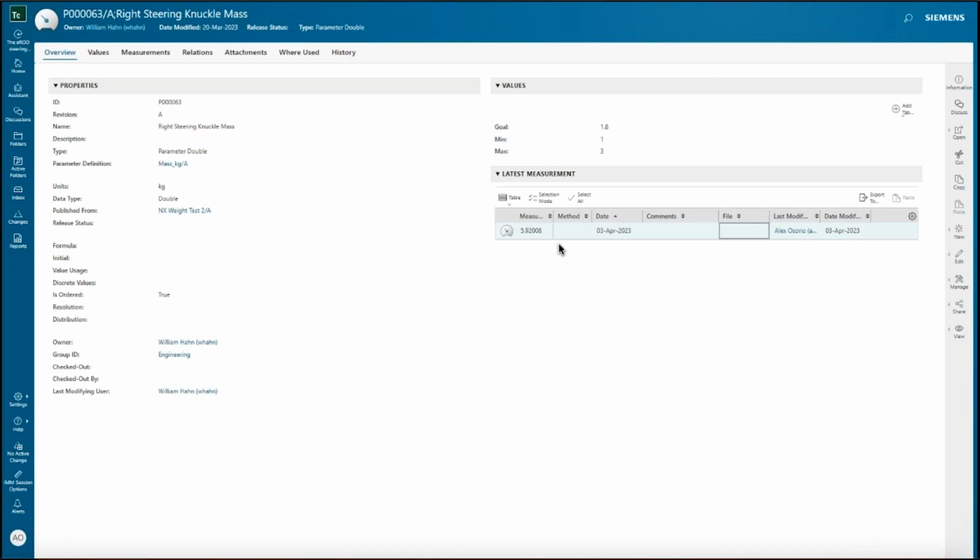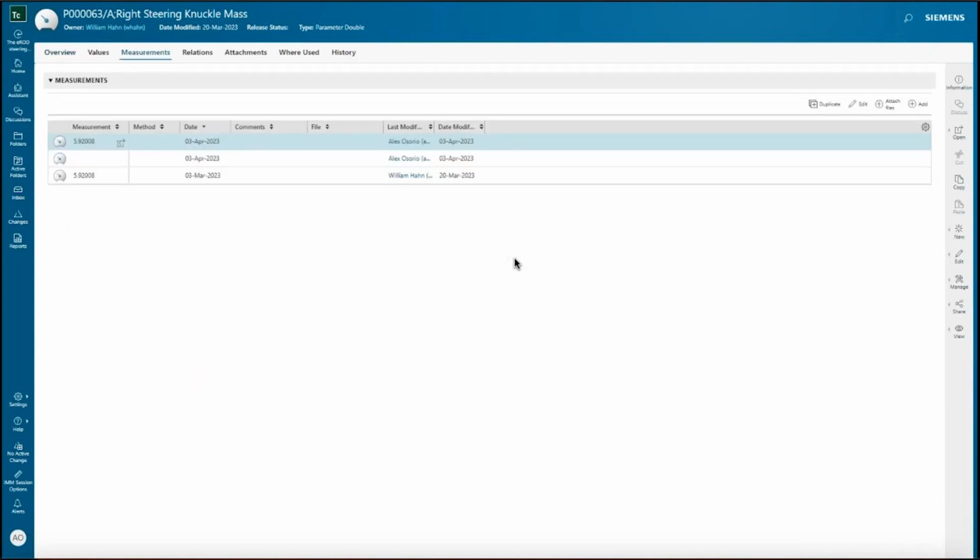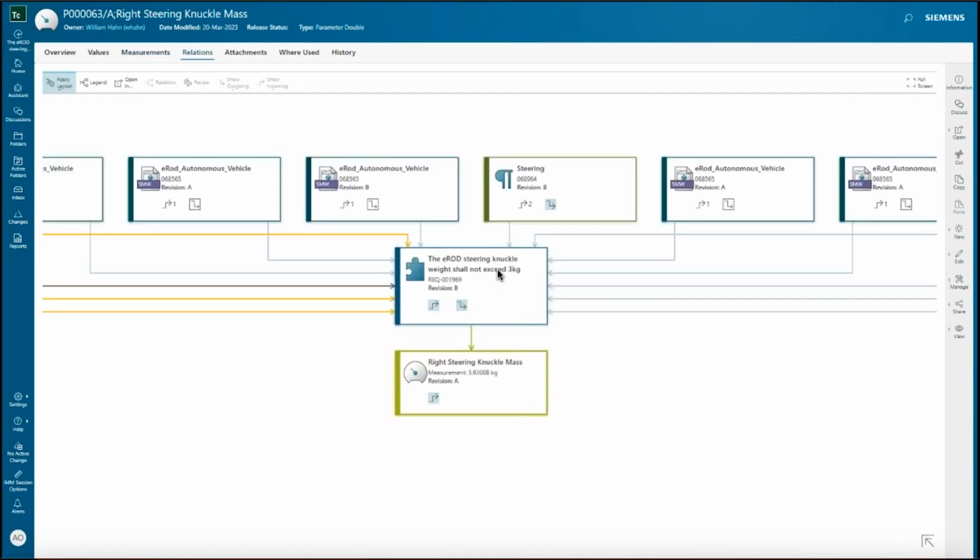And then we can get a better understanding of how we are testing against that parameter. Are we doing 3 different tests for 3 different products for the same exact thing, right? So we can measure that life cycle here. We can see all the historical measurements anytime we've taken a measure against this. So we get a lot of history that's starting to be built up here from a test perspective within the